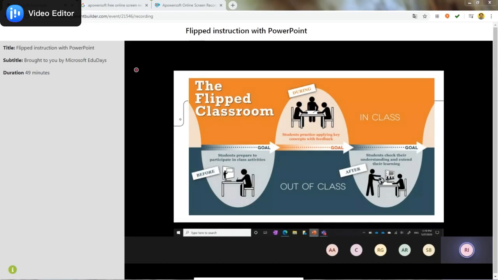So it's just a bit of a reversal of where the direct instruction happens and where the practice part happens. So a flipped classroom is perhaps not something you want to do for every lesson, but while we're in this virtual remote learning context, it might be a nice strategy to try once in a while.